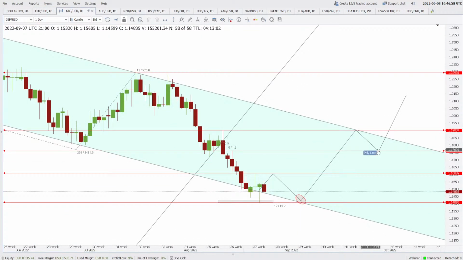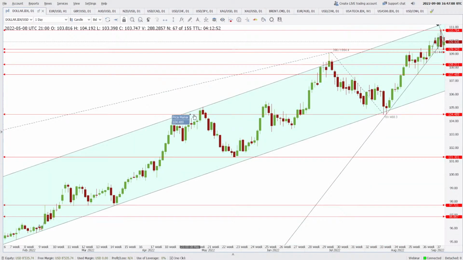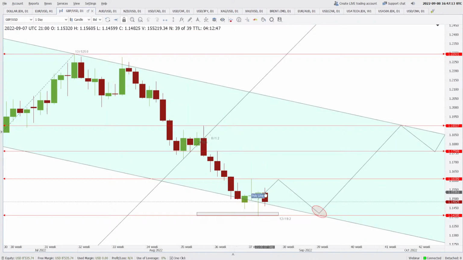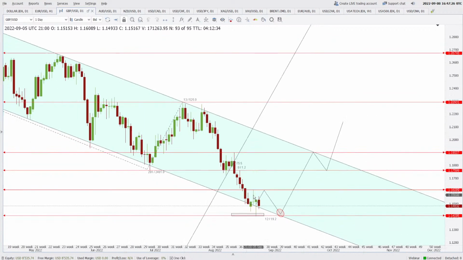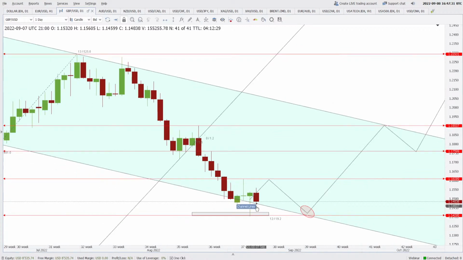Nothing much. Pound dollar also, there's nothing much. Yesterday we have seen a bullish pin bar, the price went higher, but I think a rise in the dollar index. Now I'm actually talking against my words, because if the pound falls against the dollar, it is not because the dollar index is rising. It is because the pound is falling, so the index is rising. Anyways, here pound is falling, but it is being supported by this falling channel support line, and I think it will keep supporting it, and the price may go back to 1.1608.